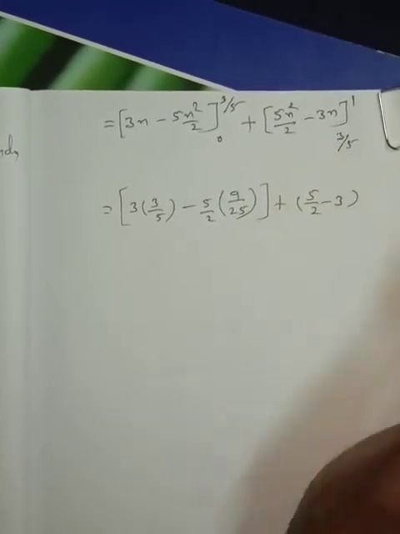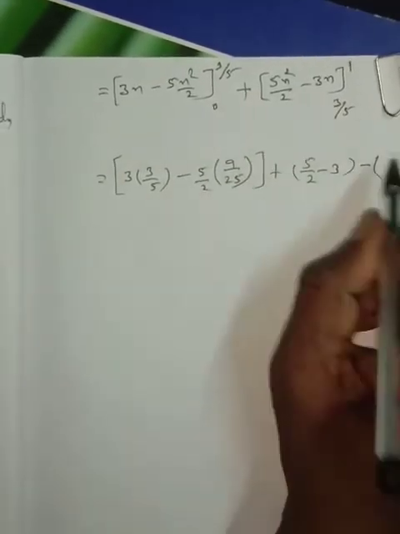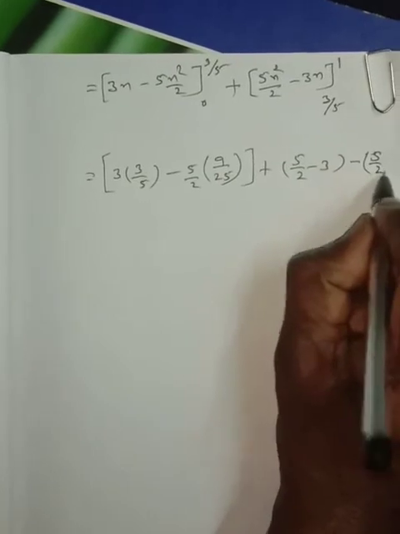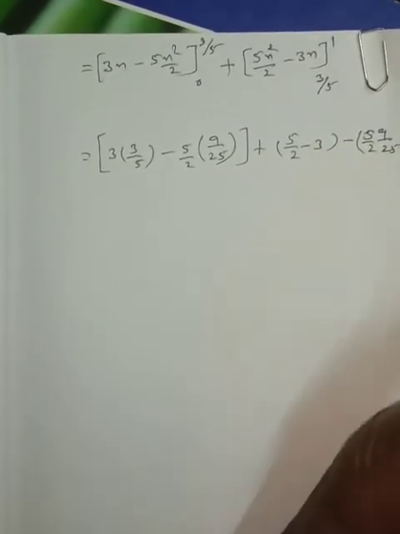Apply upper limit, then minus lower limit: apply 5 by 2 into 9 by 25, minus